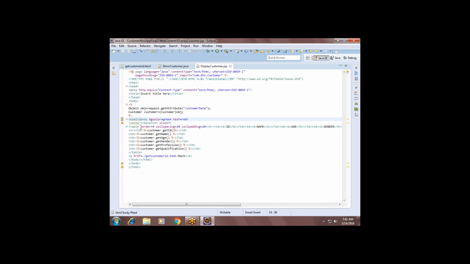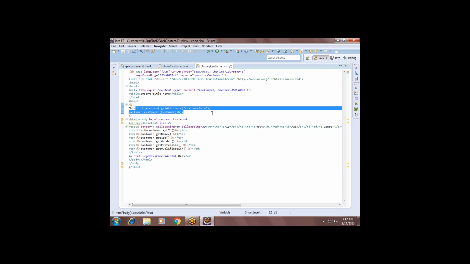It's very simple. Here I am preparing one table tag and table data. How are you printing? From customer.getID. Getter methods we have now. In JSP, if you want to write the Java code, it actually supports HTML code directly. If you want to write the Java code, is it Java code or HTML code? Java. So you see what I did, I have used scriptlet tags. If you want to use Java code, you can use the special tags called scriptlets. Open and close. Under that you can write whole Java code.